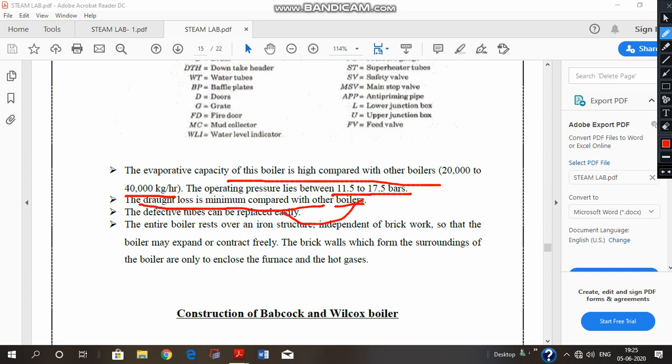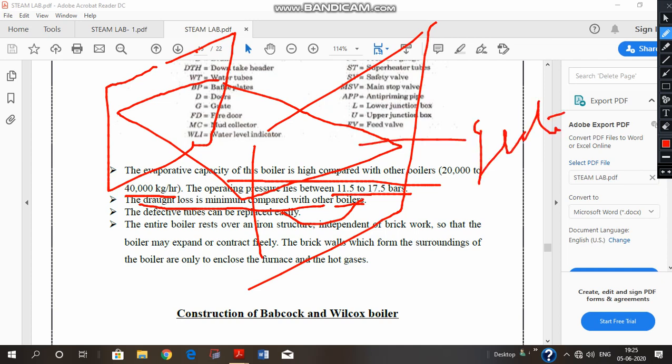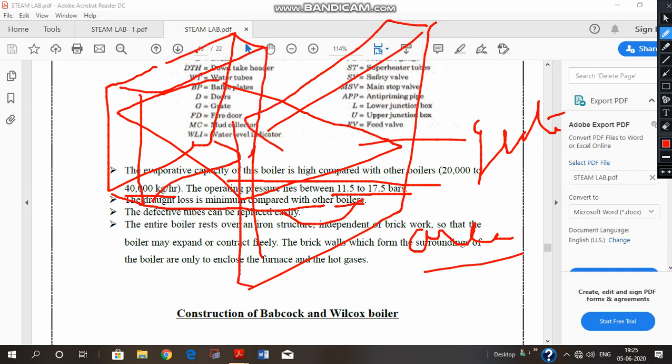One thing we have to note is that the grate, especially the grate, is made up of brick walls. The combustion chamber or the grate area is made up of brick walls because it is the area where the highest temperature of the boiler exists. So it is better if we use refractory walls, so that the thermal expansion and contraction is least.